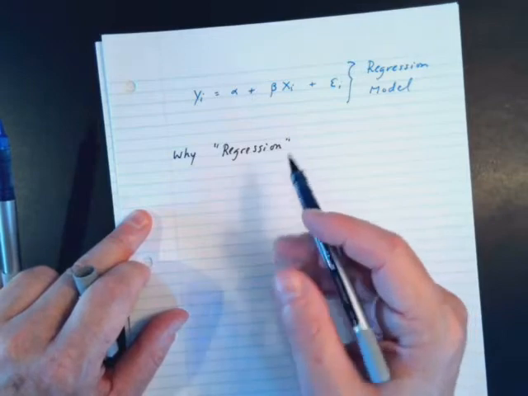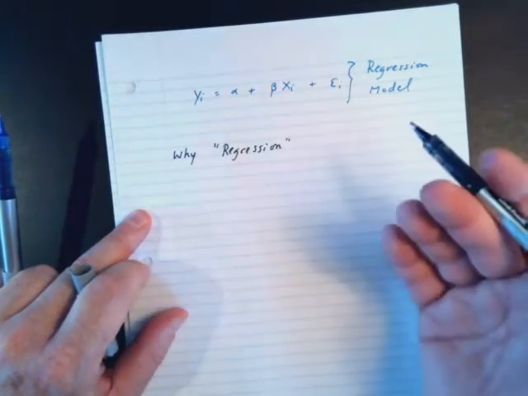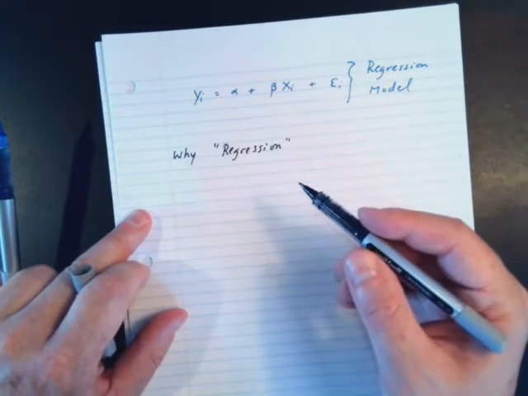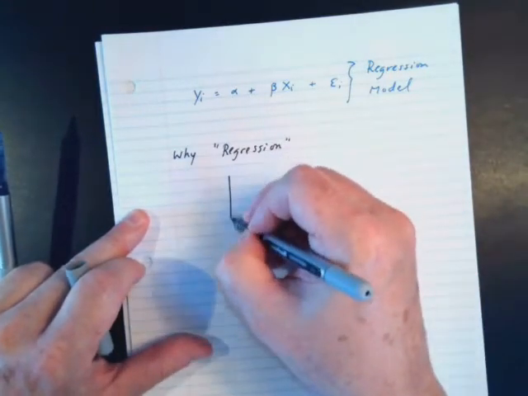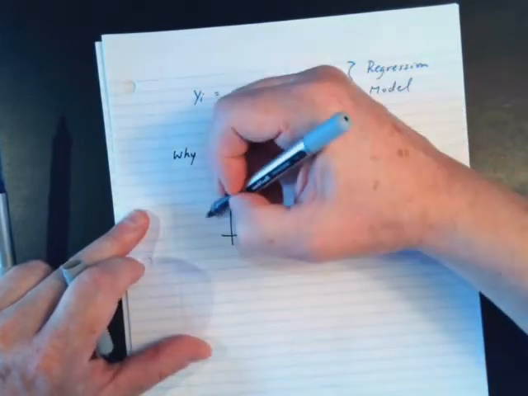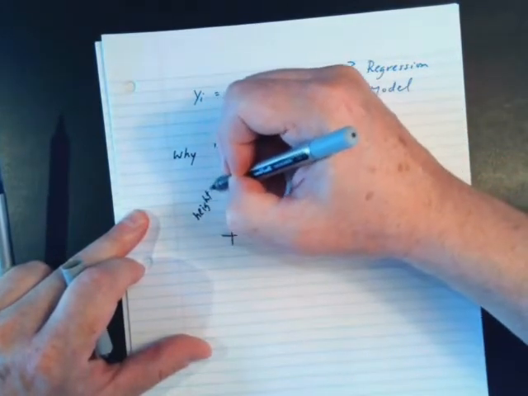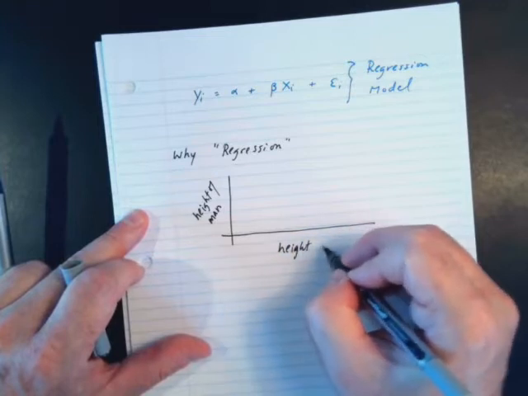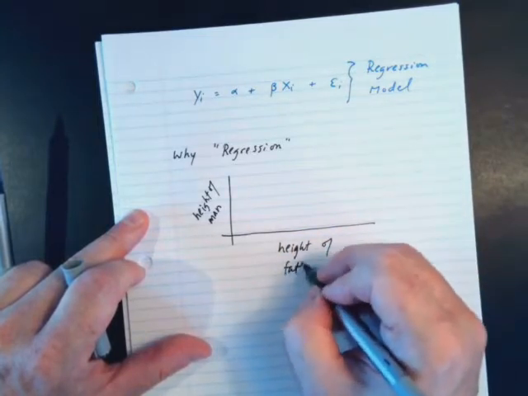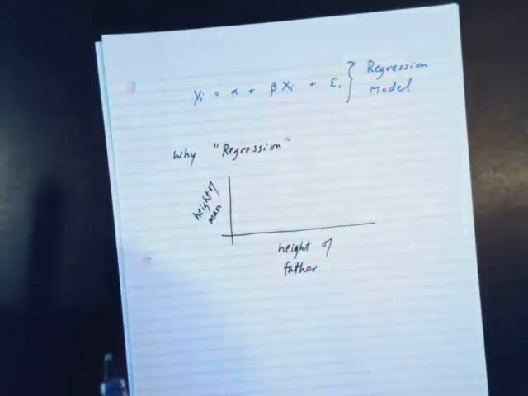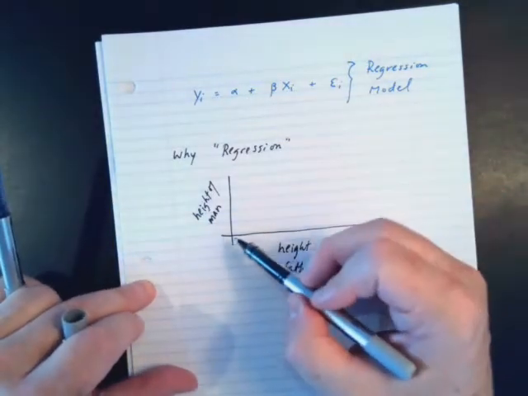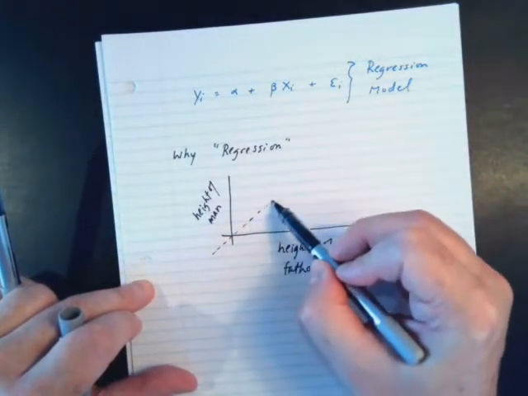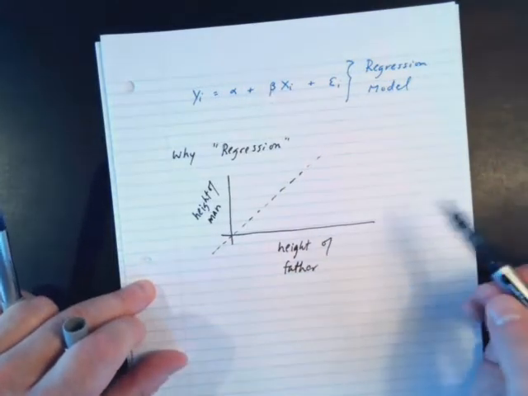Somebody did a study trying to explain the height of men. I think it was in England. So the height of a man in the sample, and he compared that to the height of the father. So he took a man's height, and then he found out the height of the man's father. Now, if every man was exactly as tall as his father, then